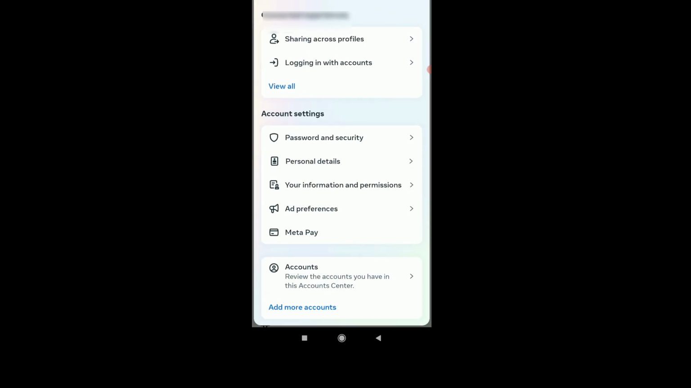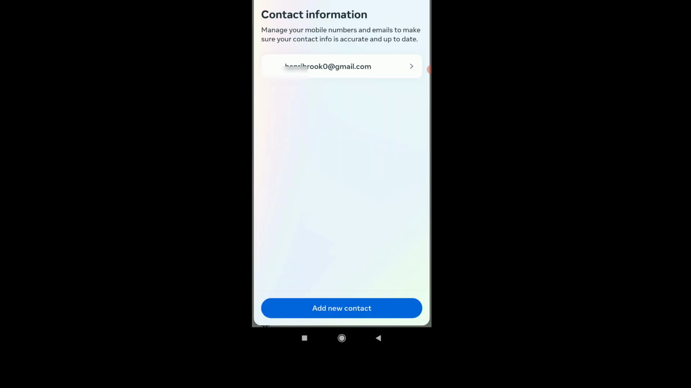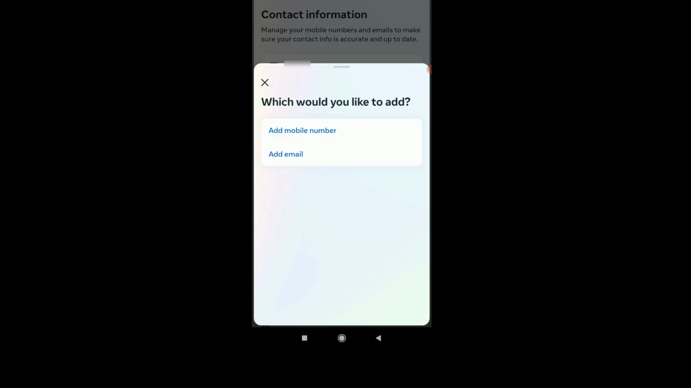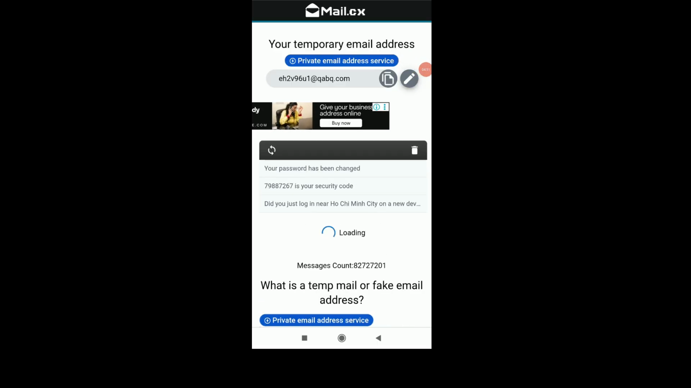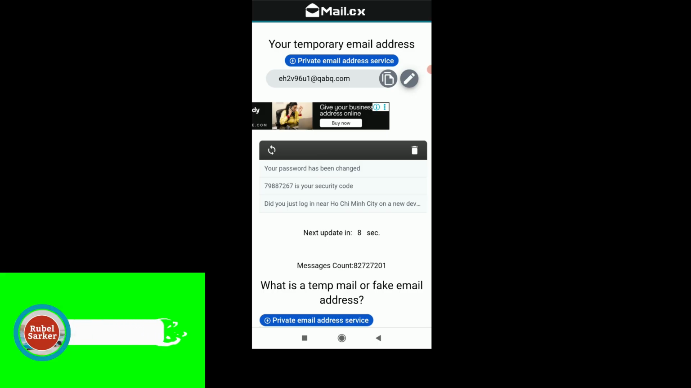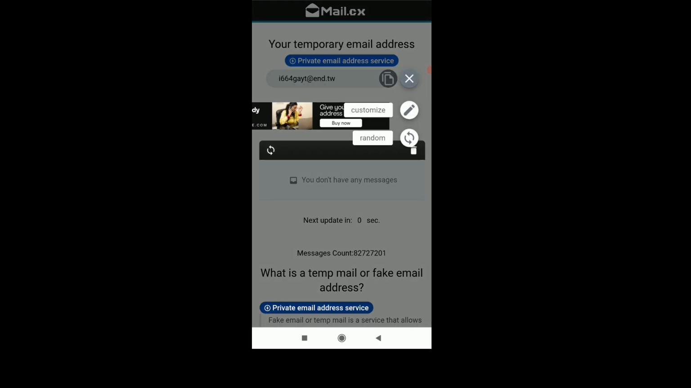and then click on personal details. Click on contact information. Click on add new contact. Click on add email address. Then go to your Chrome browser and search mail.cx. Click on pen icon and click on random and choose .com email